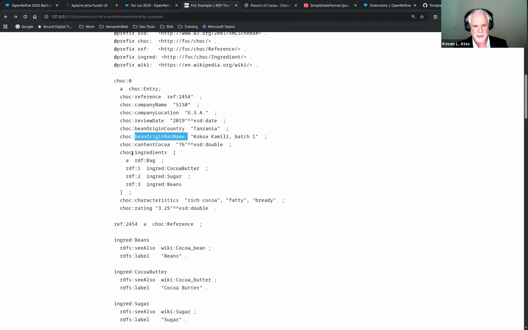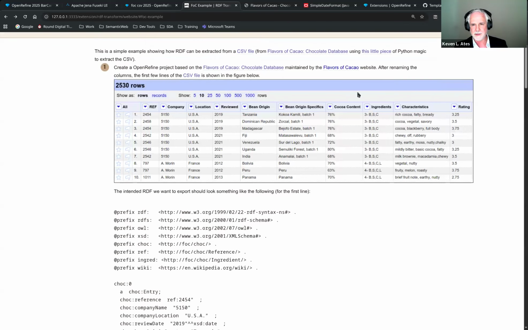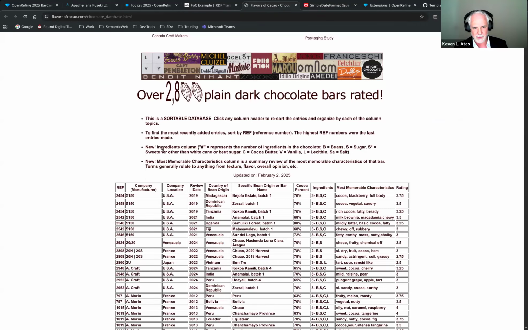We'll break down the ingredients, and that's an interesting thing. The ingredients are stored as this kind of weird string, right? So basically it tells you how many ingredients with a dash, and then some short letter ingredient list. And you can see that in the database itself. It tells you, here's the ingredients: B for bean, S for sugar, S asterisk for a sweetener other than sugar, cocoa butter, vanilla,